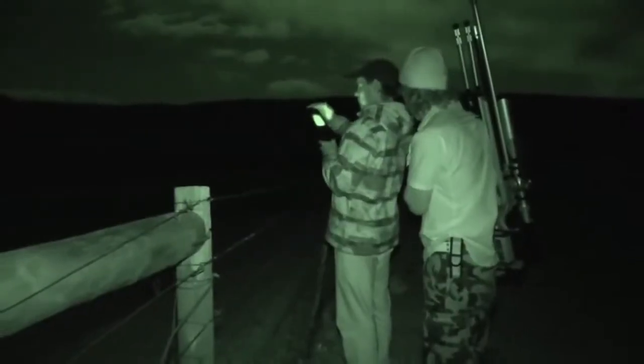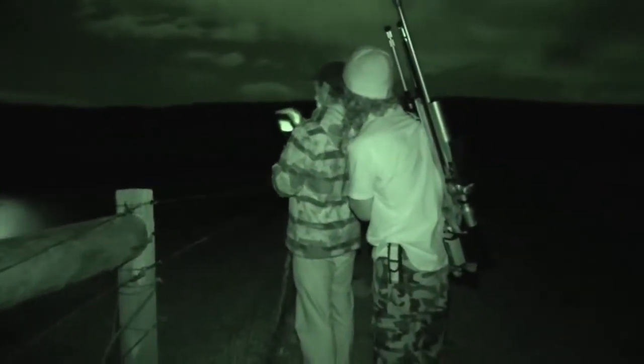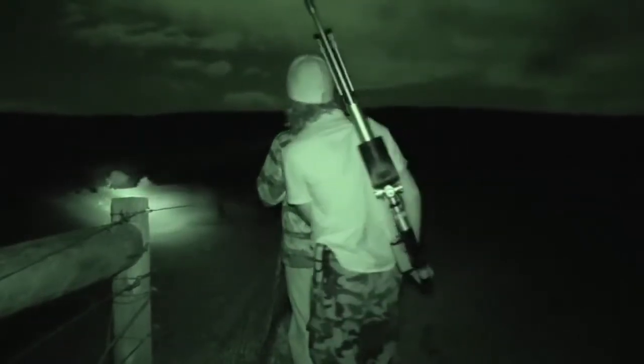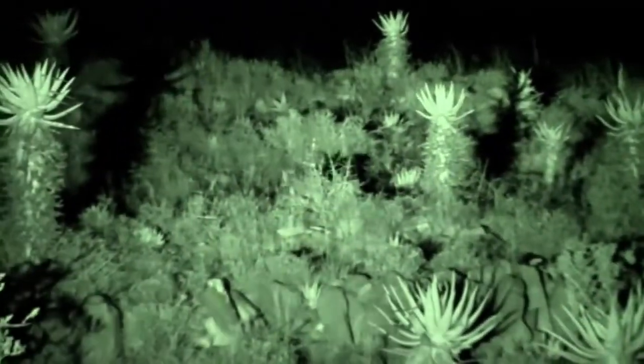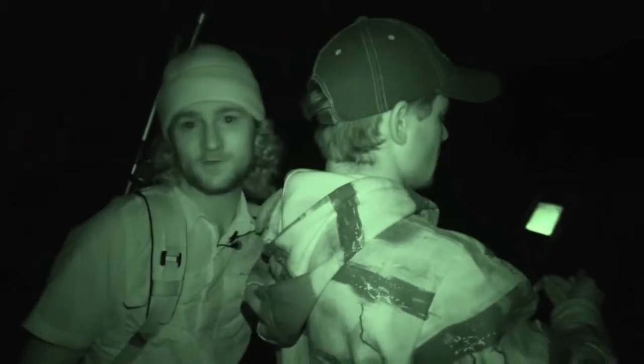So far, the spring hares have done a really good job of eluding us, and as we keep on searching, we realize it's not going to get any easier. We scan field after field, the spotter allowing us to see any animals within 500 meters. There are plenty of buck about and the odd scrub hare or two, but no spring hares yet. There's a lot of scrub hares, but no spring hares on this field, so